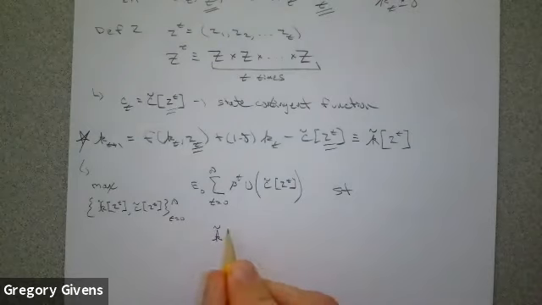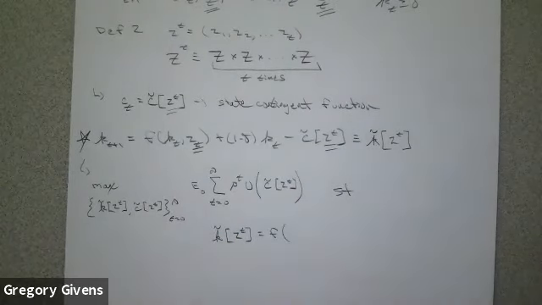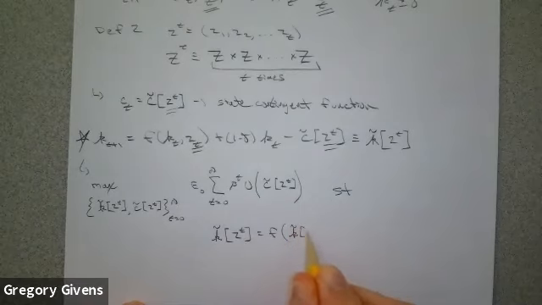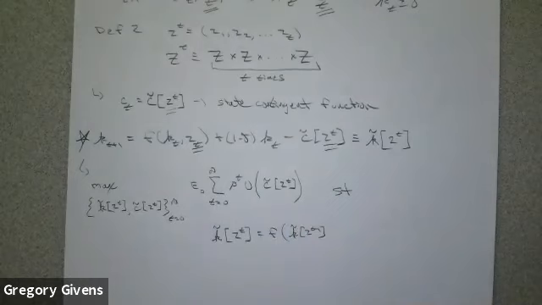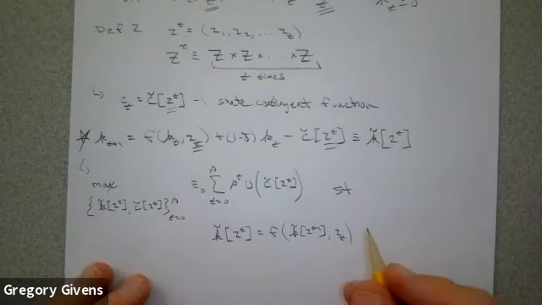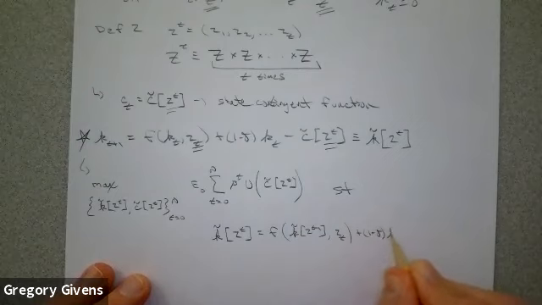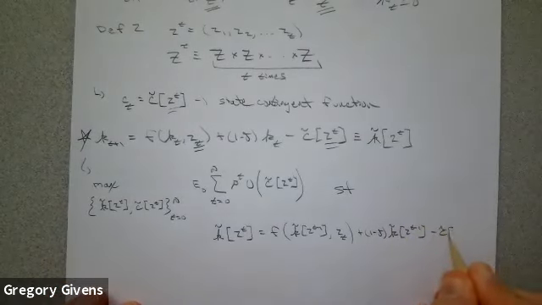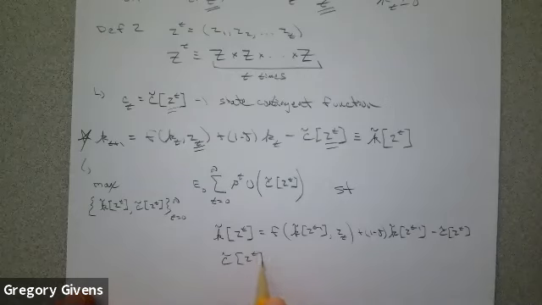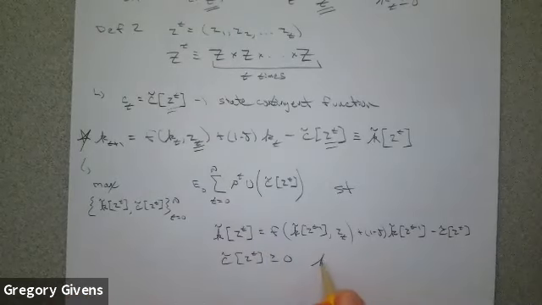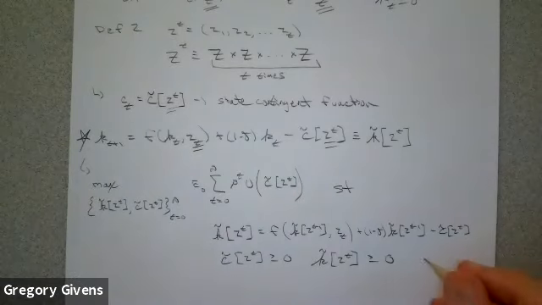It's KT plus 1, which is the same as K tilde ZT, is equal to F of K subscript T, which is K tilde Z superscript T minus 1, because KT is determined by the shocks up through period T minus 1, comma Z sub T, plus 1 minus delta K tilde Z superscript T minus 1 minus C tilde Z superscript T, where C tilde of ZT has to be greater than or equal to 0, and K tilde of ZT has to be greater than or equal to 0, where initial capital, of course, is given.